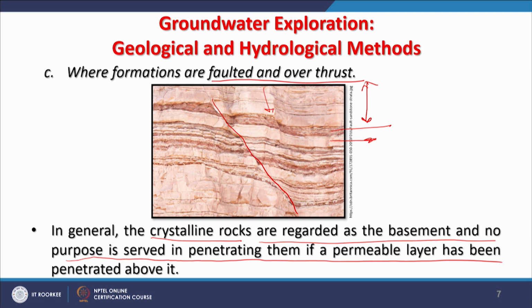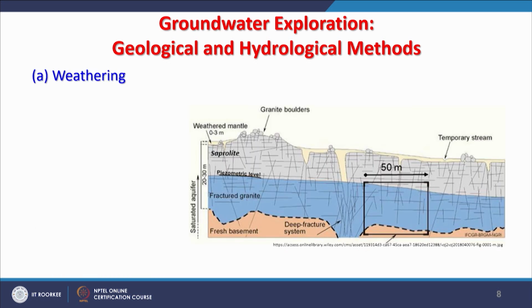So, Deccan traps are much younger than Bundelkhand granites, and water going downward in a granitic body is very difficult. So, water may remain at the top, younger layer, and might be permeable as well. Weathering we have been discussing, and this figure also came earlier in our discussion: wherever we are seeing granite boulders or some temporary streams, we expect that this weathered mantle, the top part in a hard rock terrain like granitic terrain, between 0 to 3 or 0 to 5 meters is weathered, which will support the groundwater recharge